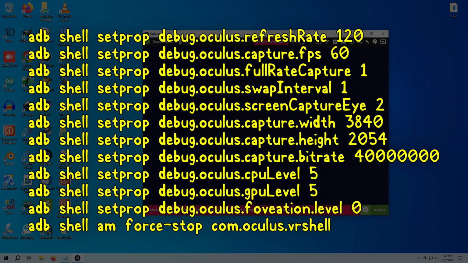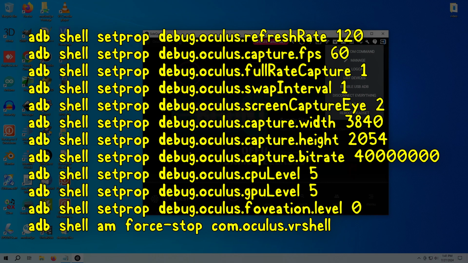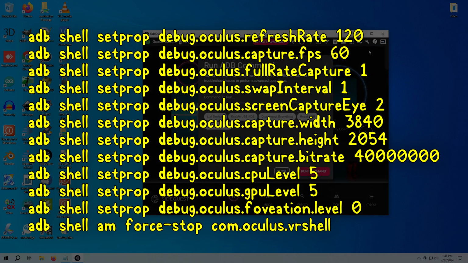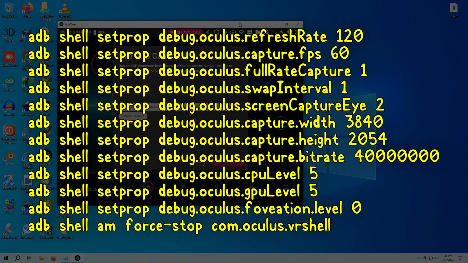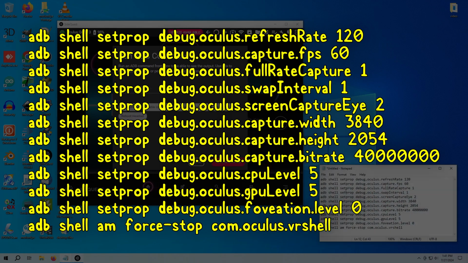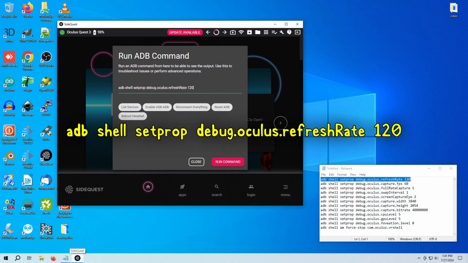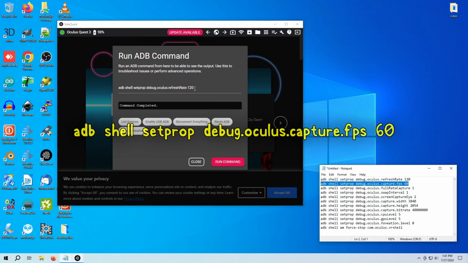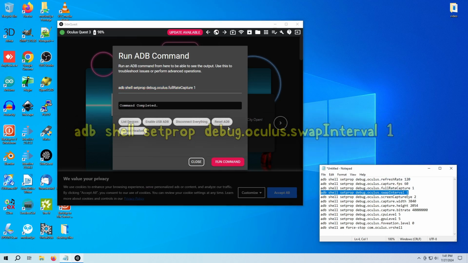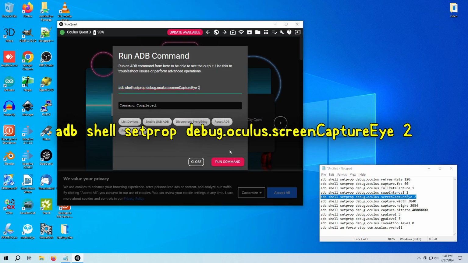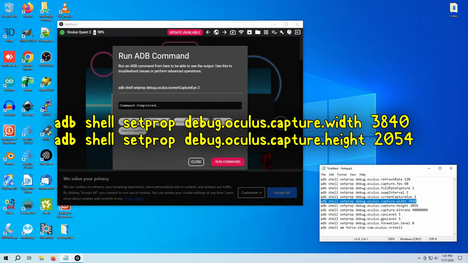Here are the commands I currently use to configure my Quest 3 to record 3D side-by-side video footage to be processed into an Anaglyph for watching on a 2D display at 60 frames per second using red and cyan 3D glasses. We're doing the following with these commands: setting the refresh rate of the headset to 120 Hz, setting the capture frame rate to 60 frames per second, capturing full frame rate, setting swap interval to 1 so every other refresh is captured, specifying to capture both eyes, setting the capture resolution to 3840 by 2054, which will be processed